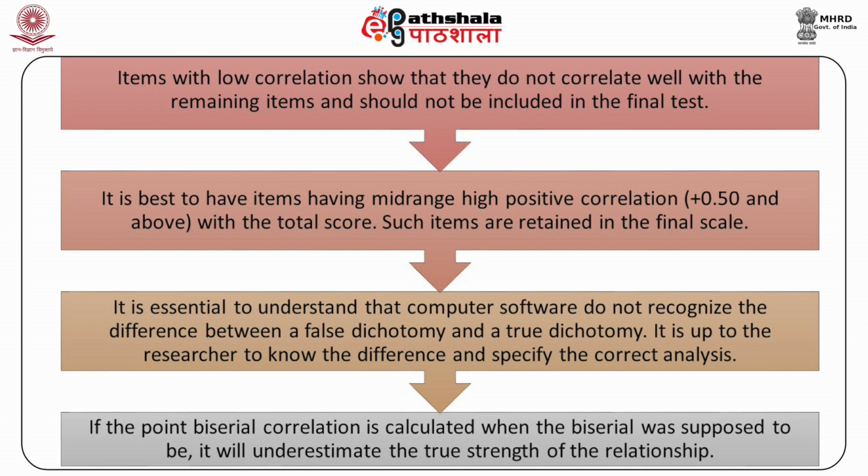It is essential to understand that computer software does not recognize the difference between a false dichotomy and a true dichotomy. It is up to the researcher to know the difference and specify the correct analysis. If the point biserial correlation is calculated when the biserial was supposed to be, it will underestimate the true strength